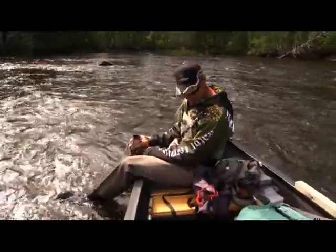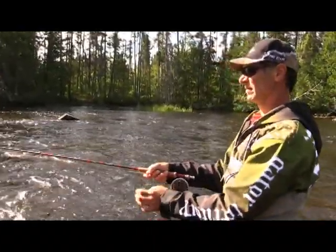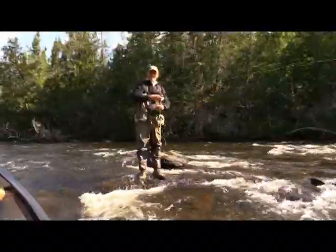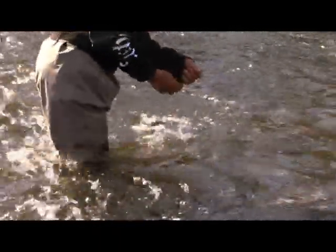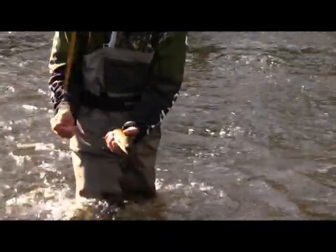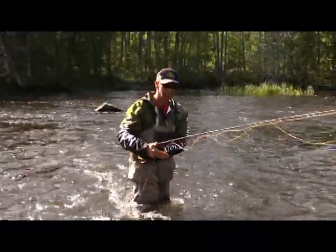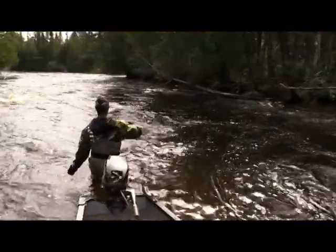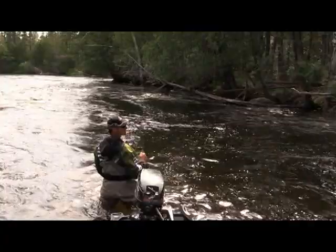Once break time was finally over, we got back to fishing. And it didn't take very long at all, and that looks like a trout! After a few more casts, we slid down through the next rapids and set up on another run. And after getting a hold of some fairly precarious footing, we started casting again, and I tell you friends, the Esnagmi River must have enough trout in it to fill a pickup truck,